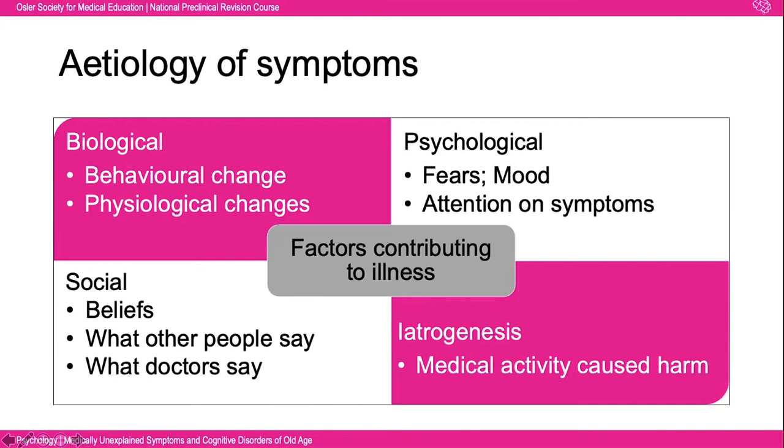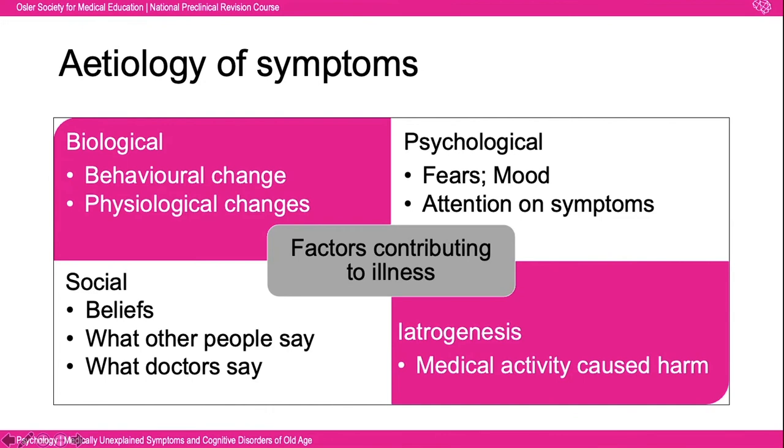Psychological factors also contribute to medically unexplained symptoms. These include fears, for example, hearing someone say, "My dad died when he got chest pain." Similarly, a low or anxious mood could lead to, for example, an exaggerated concern about having a brain tumour. So anxiety and depression increase physical symptoms. There is also often a focusing of attention on symptoms, e.g. patients saying, "I always listen to my body." And this means that symptoms feel more prominent when you focus on them.